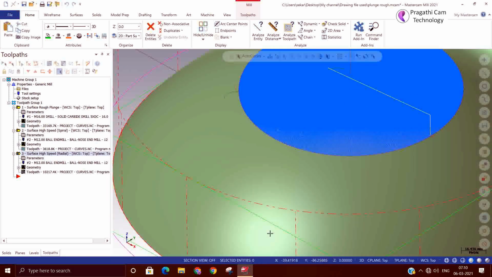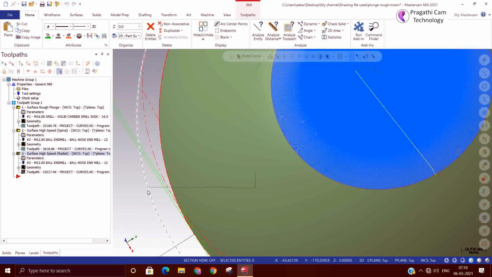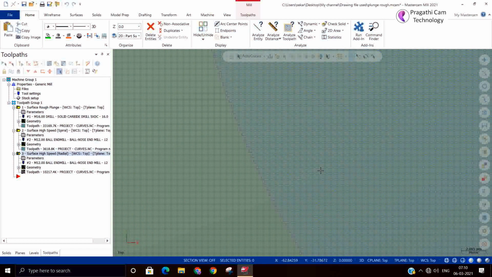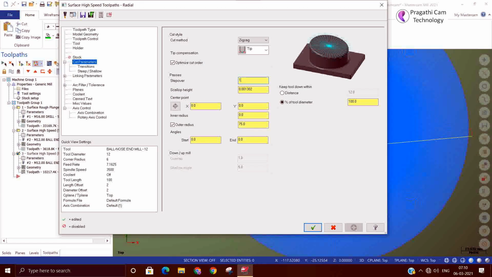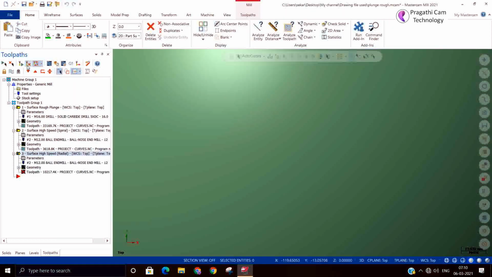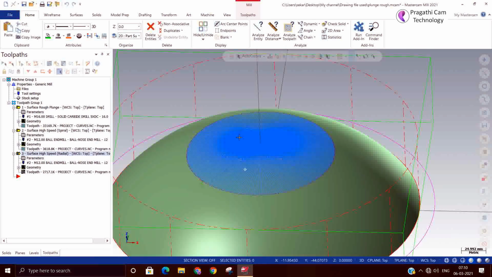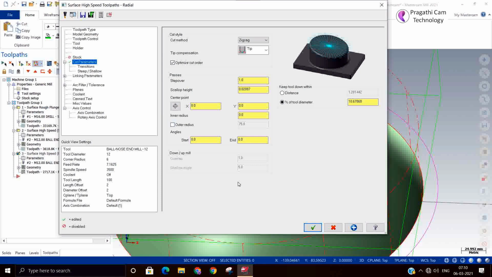This is the high speed radial toolpath. We'll zoom in and see how the pattern looks. So you can see this is the pattern. We can modify the step to a little bigger one so that it's visible. Very nice to see how the visibility looks. How close you are giving, that much it will consume your machining time. If you remove the outer radius, then it will machine the entire job.